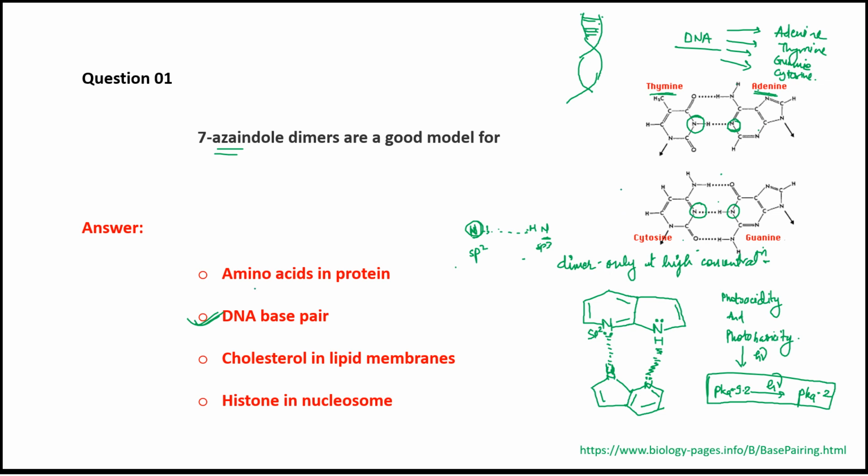And for studying the pi stacking in these molecules, many have also used the azaindole dimers as a model to study the DNA base stacking. Okay, so our question was, 7-azaindole dimers are a good model for what, and we came to an answer using the structure of the base pairs in the DNA, that are adenine, thymine, guanine, and cytosine. And when you carefully compare them,